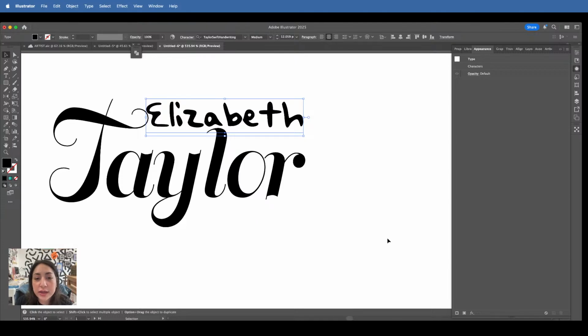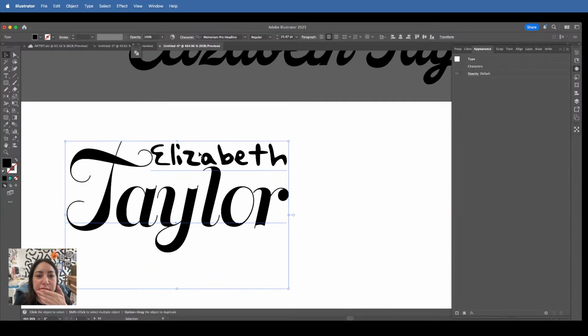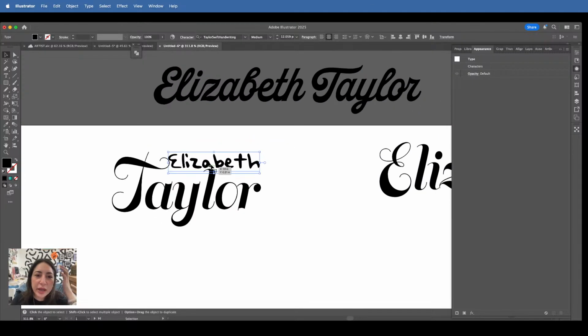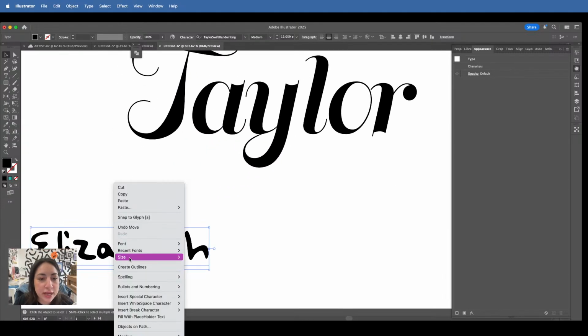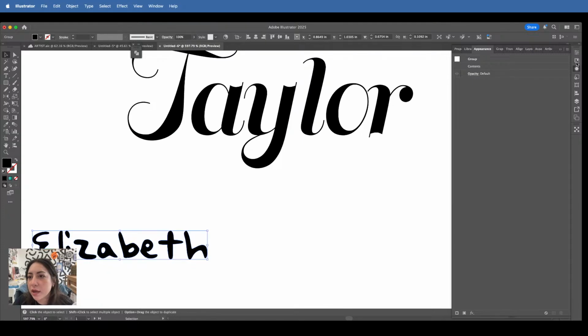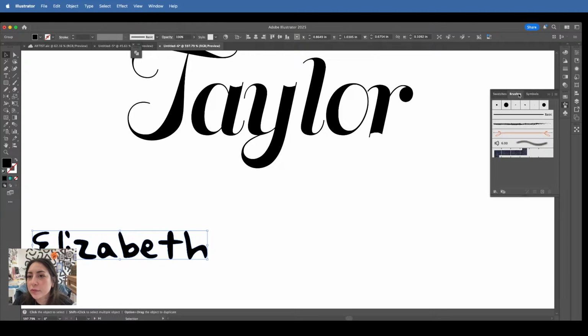I did lose the eyelash part, although this still feels very eyelashy, so I'm not mad at it. Let's keep this. I don't like that stretch. This is what I'm going to do. Let's create outlines. And then I'm going to go to brushes. Pull that out here.